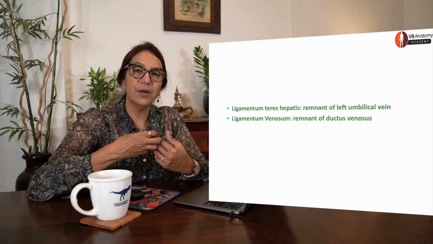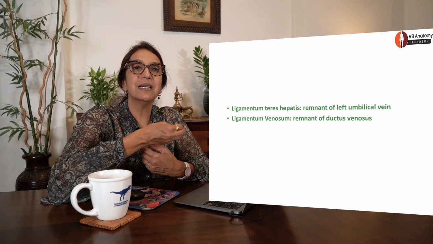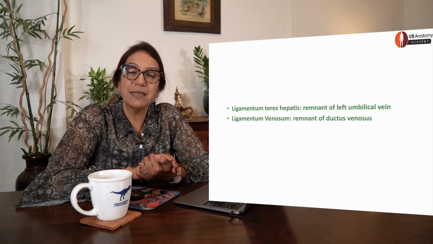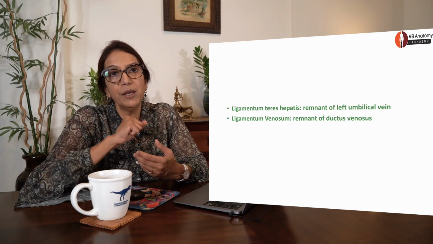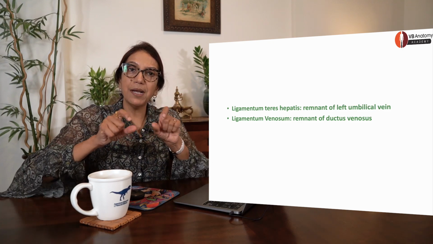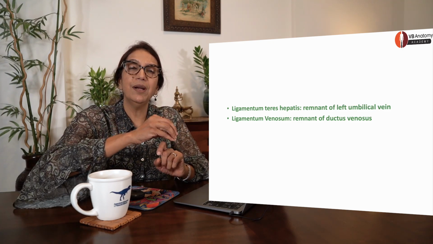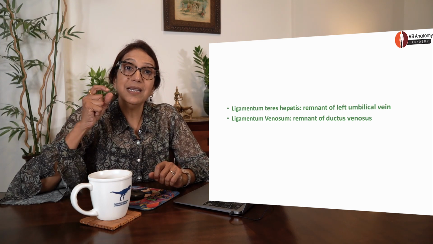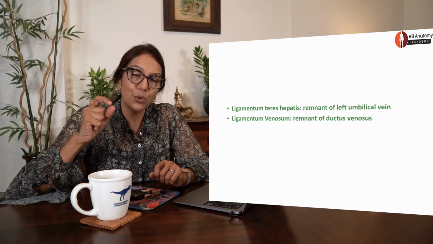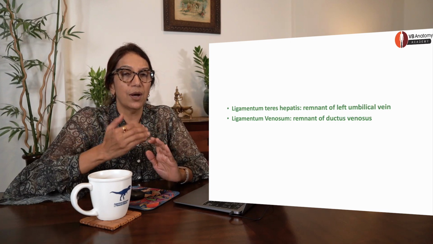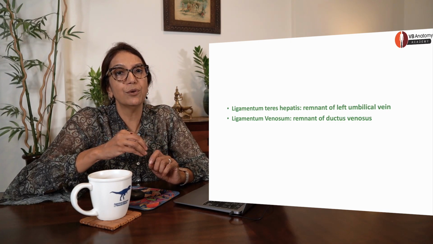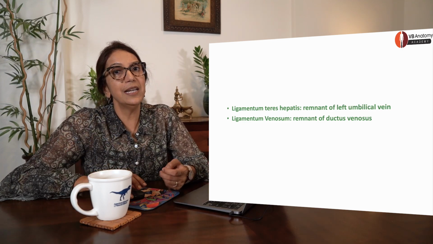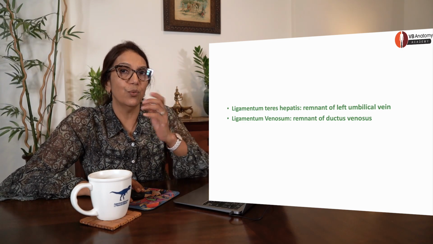As it came to the liver, it developed a method of bypassing the liver and draining directly into IVC. Why bypass the liver? Because all the oxygen would be used up. So there was a separate duct which would bypass the liver and drain directly into inferior vena cava and reach the heart. This duct was called ductus venosus. And this, at the time of birth, gets obliterated to form ligamentum venosum. Again, more about this is taught in the lecture on fetal circulation. Do watch that as well.